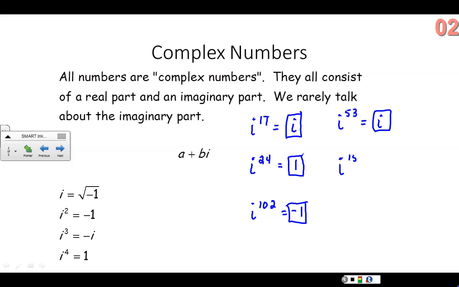i to the 15th. 4 goes into 15 3 times with a remainder of 3. So since the remainder is 3, i cubed, -i would be my expression. So you work with the fact that the pattern works in fourths, every 4. So you divide the power by 4. Whatever your remainder is,